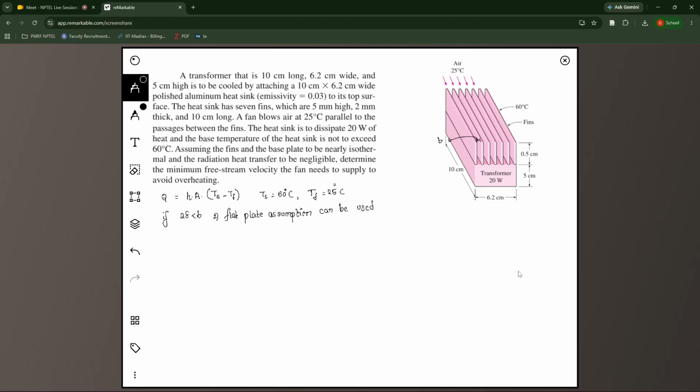So first we have to check whether the particular assumption is valid or not. But even before doing that, the first step for us is to calculate the heat. Q is given to us, so we need to calculate the h and A. Q is given as 20 watt. So first, what is the total area that is being exposed? The total area of contact between the fluid as well as the,